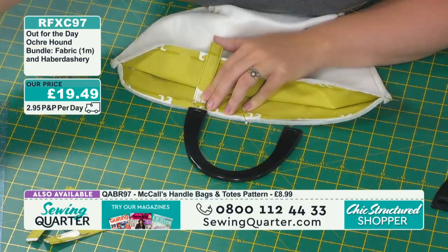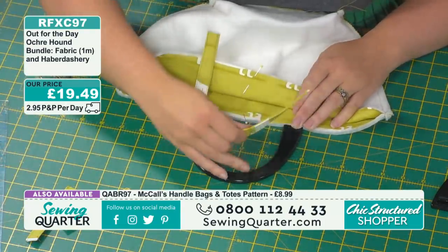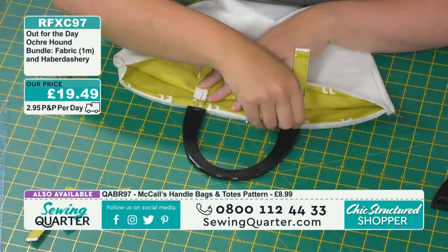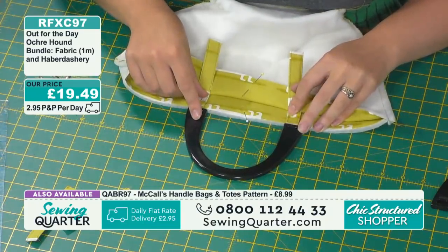Like so. And then do the same on the other side. Like so, you've cut it with just the little legs at the top. You're going to lose those though, aren't you? Yeah, in the bagging out. Yeah. So you're just pinning that